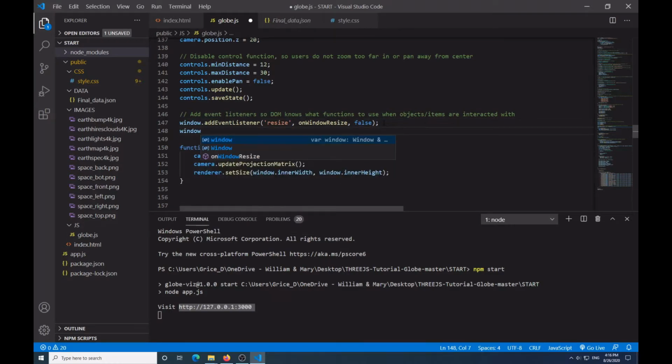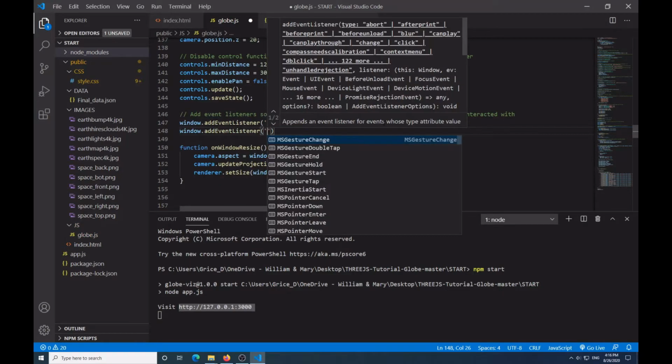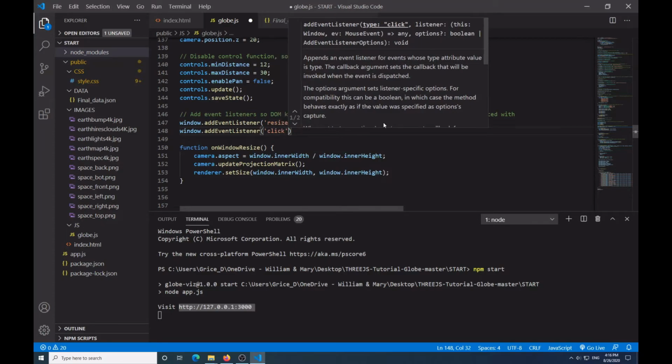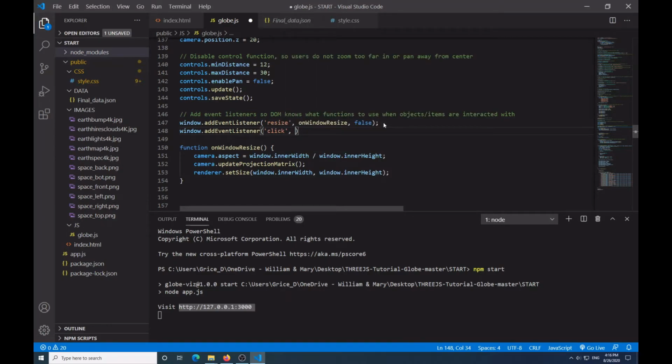So I'm just going to call this window.addEventListener, pass it in click for the mouse, and then I'm going to pass in the function which I'm about to create called onWindowClick, and then